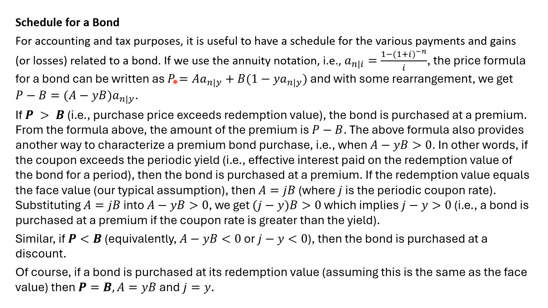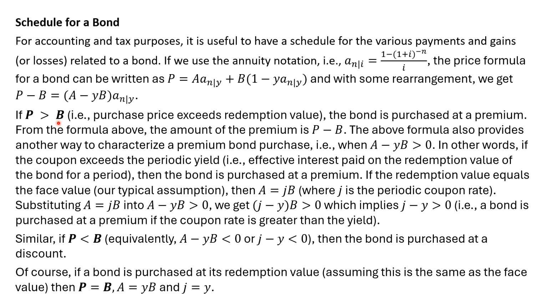So this is our formula for a bond, same as for a balloon loan. We just plug this in here and here. Then with some rearrangement, we take the B onto this side, and then we factor out the A sub N,Y, and we get this expression here. We can use this to make some statements concerning whether you've purchased the bond at a premium, a discount, or at par. So if P is greater than B, we know by definition